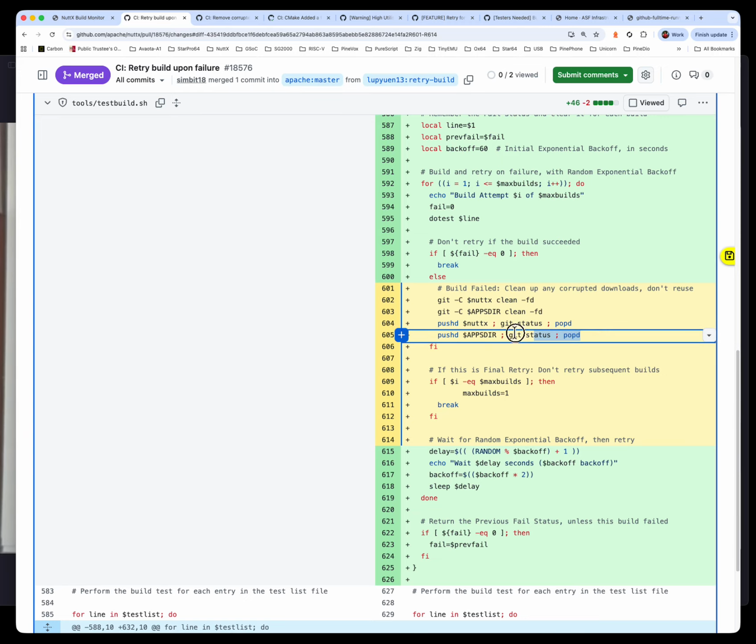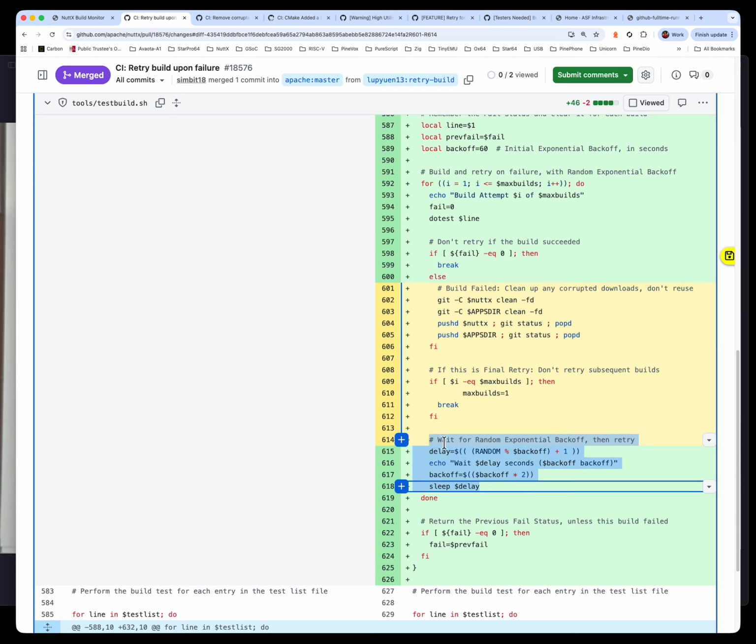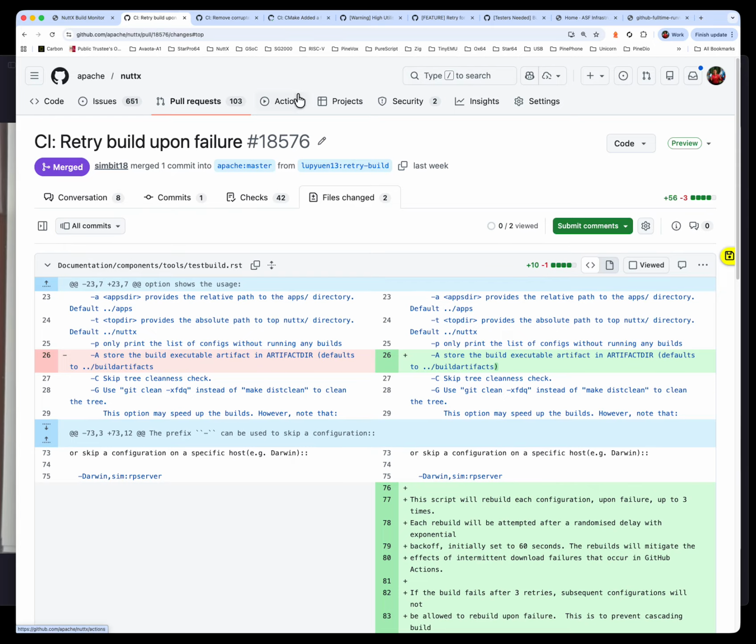Like I mentioned, there is a bug in our cleaning up. There is a bug in exponential random backoff. I'm not going to explain now, but we'll come back to this in a while. Yeah, and this is our